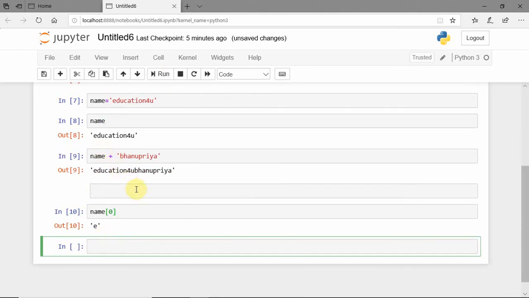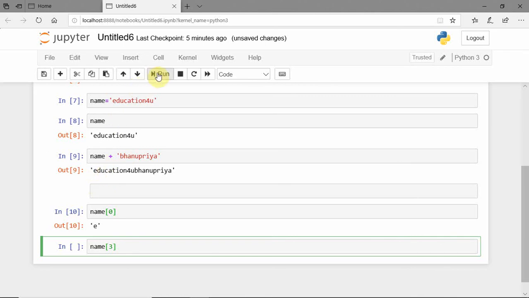So 0, 1, 2, 3 like that. So index always starts with 0 by default. Whenever I keep name of 0, the E value will appear. Suppose if I take name of 3. So name of 3 means what value will it get? 0, 1, 2, 3 means C has to be executed. See here, the C value is got.